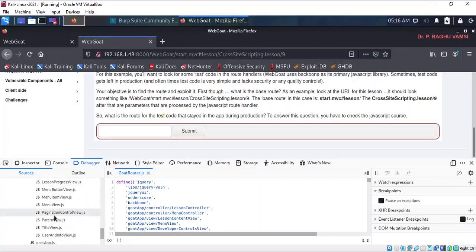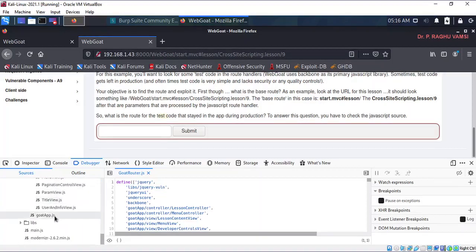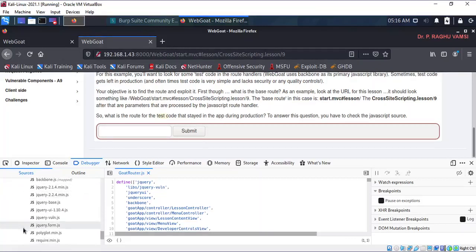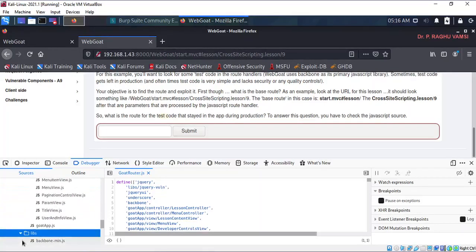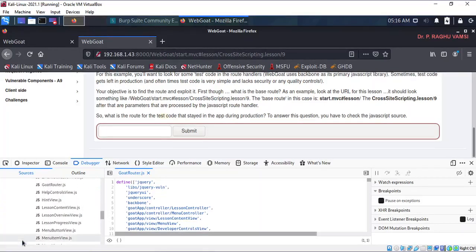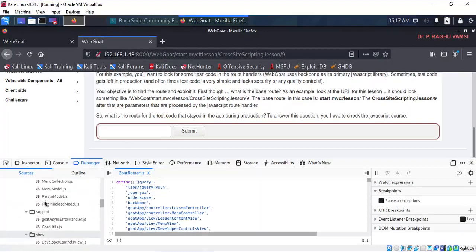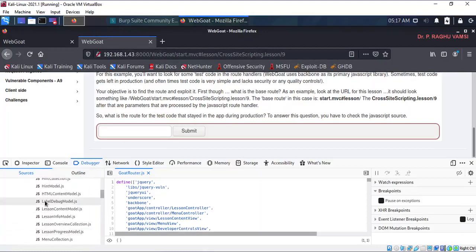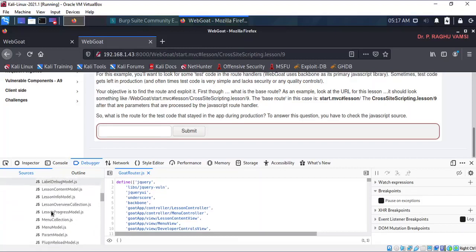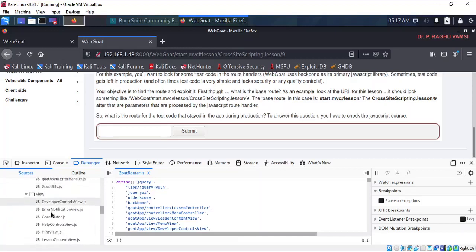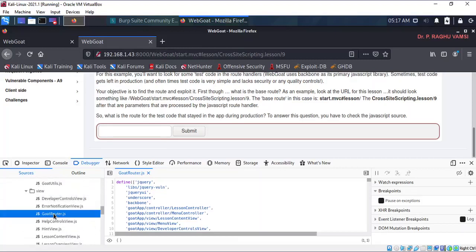In libraries, do you find anything here? No, here also you didn't find anything. This test code we can find in the routers, because anything router related is available there. Let me check here. In the view, we find the goat router.